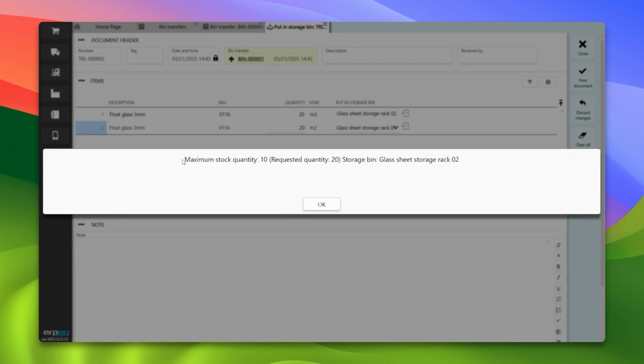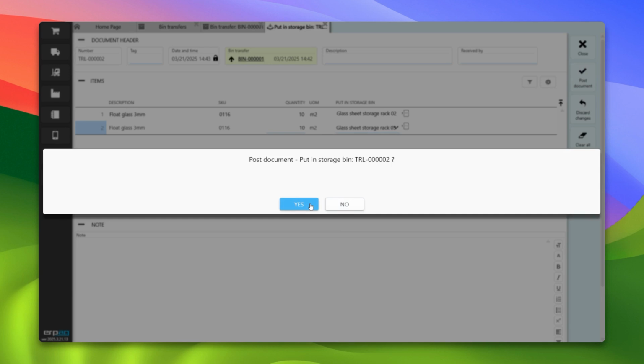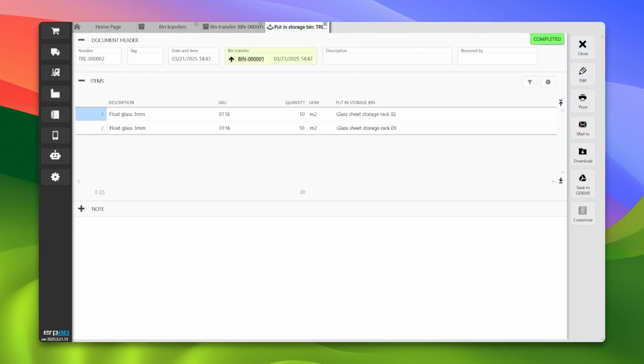If the maximum capacity is 10 and we attempt to store 20, the system will prevent overloading of storage bins. We'll adjust the quantity to suit the bin's capacity. Let's open the put-in storage bin and proceed with placing the items in the designated put-in storage bin. When we conducted the bin transfer and sent the storage bin, we can view the details on our inventory stock